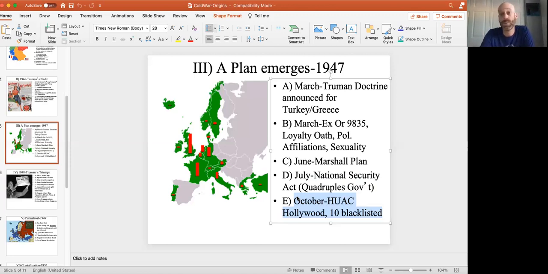Likewise, in the 40s, people would not hire anyone who had been to these HUAC hearings because they said, you're a communist, everyone will boycott my movies. And so they just wouldn't hire you. So hundreds of these people had to go move in with their parents. Some of them committed suicide because their lives were ruined. It was a very dark time in America because our paranoia got the better of us.